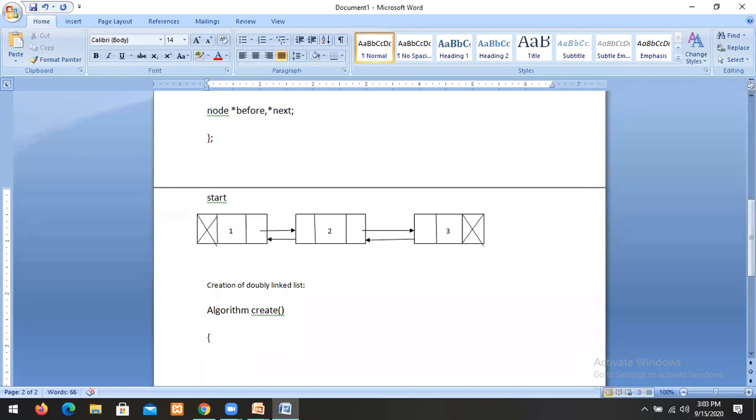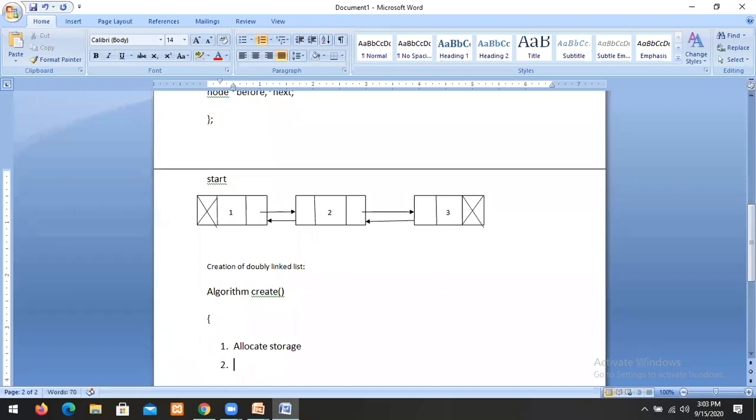What are the steps we have taken in a single linked list? That is the same. First of all, you have to allocate storage. How can we allocate the storage? temp equal to new node. This is the first step.